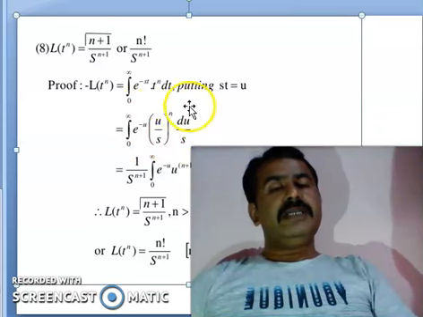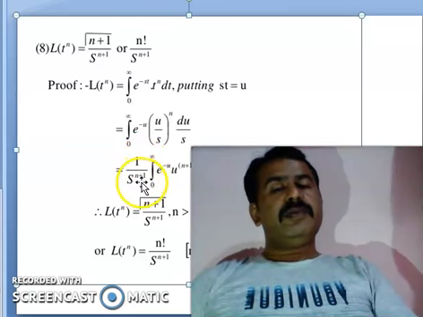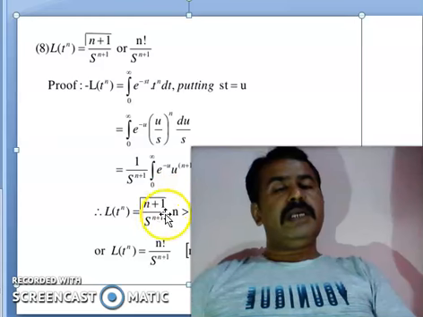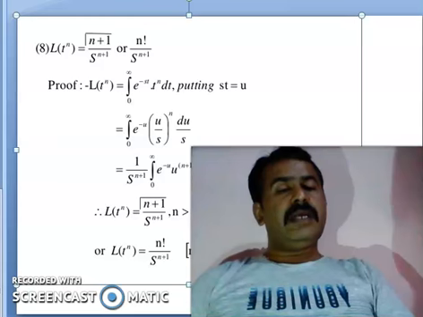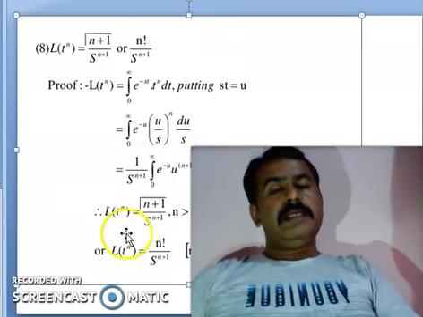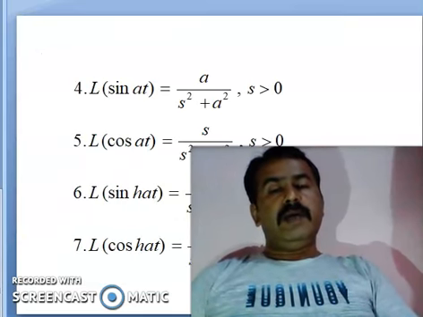On substituting these things, the constant 1 by s to the power n plus 1 should be outside, and 0 to infinity, this is the part. By the definition, we can write gamma n plus 1 divided by s to the power n plus 1. In place of gamma n plus 1 it can be written as factorial n divided by s to the power n plus 1. Here gamma n plus 1 equals factorial n. So this is the last elementary result of